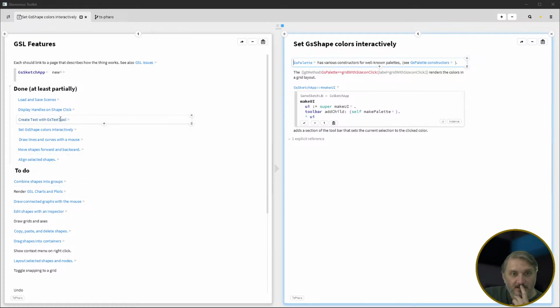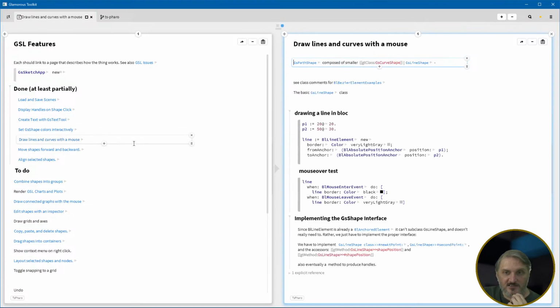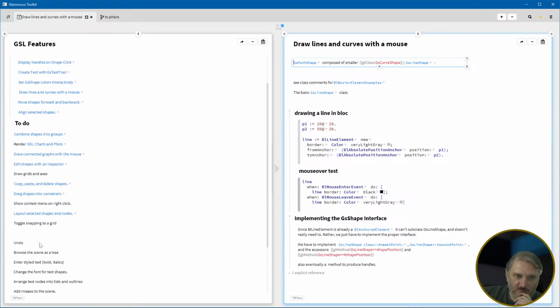All right. So set the colors interactively. Draw lines and curves with the mouse. Curve shape just has not existed yet. We do have line shape. The curve is going to be for Bezier curves. It's entirely possible that I won't use Smalltalk's objects and classes for these things. I was thinking about, well, I'll get to it down here when I talk about